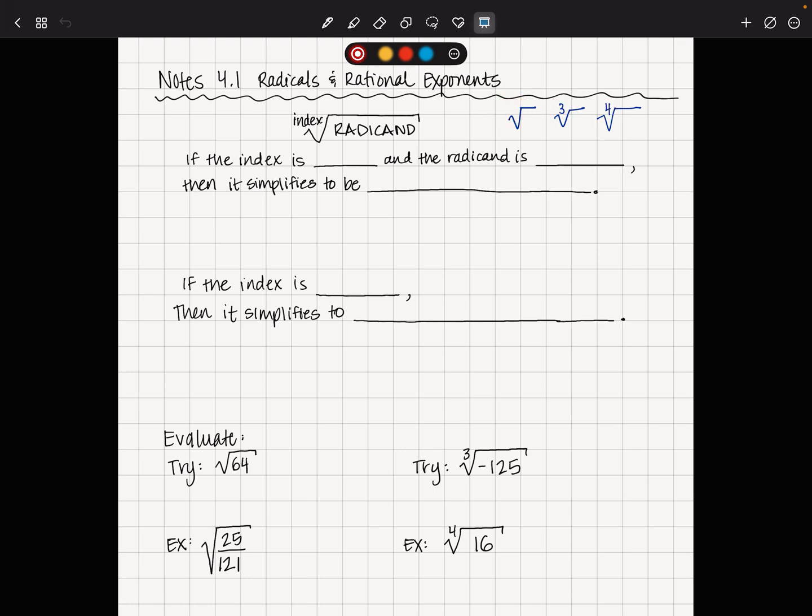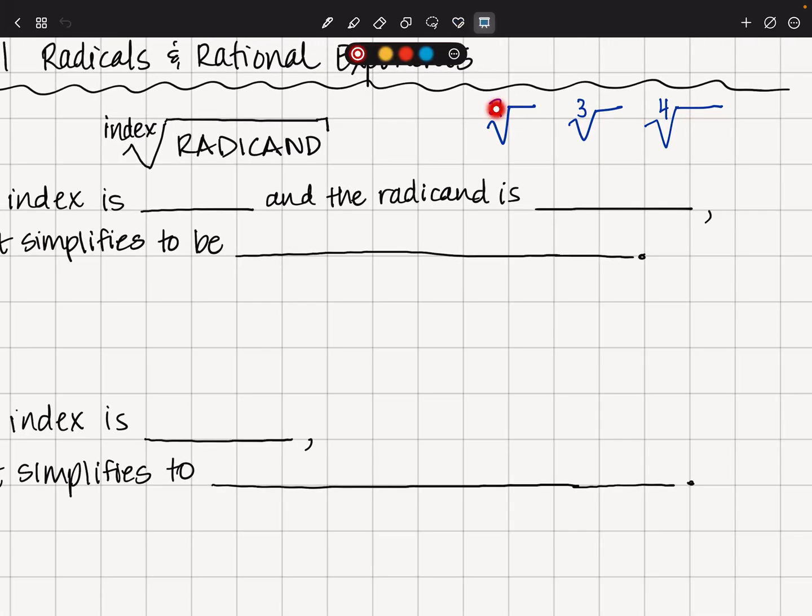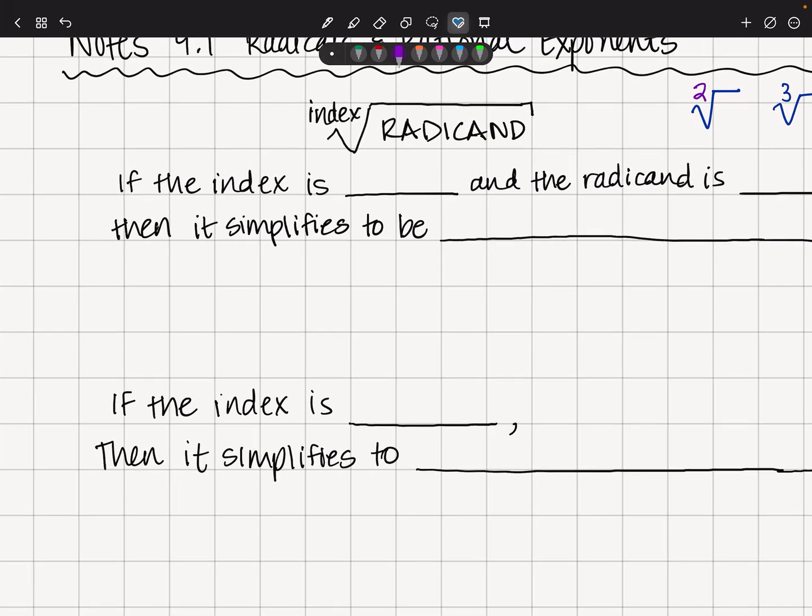A square root is an even root. A cubed root would be an odd root. The fourth root would be an even root. So a square root is an even root, a cubed root is an odd root, and a fourth root is an even root. So if the index is even, it's an even root, and if the index is odd, it's an odd root. Now, if the index is even